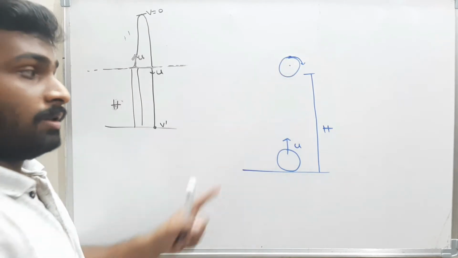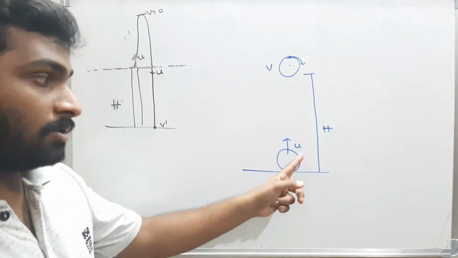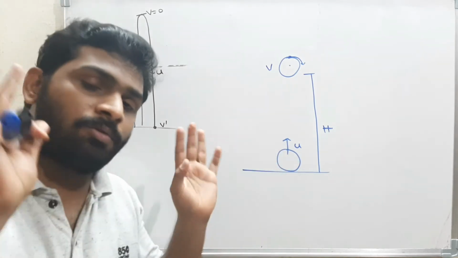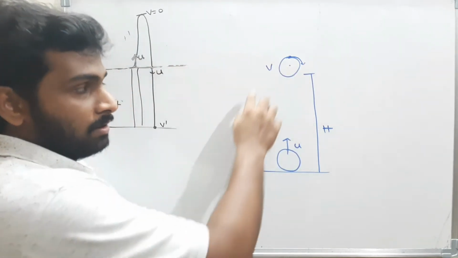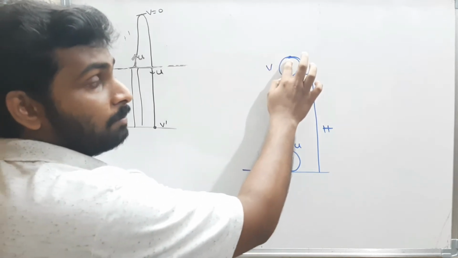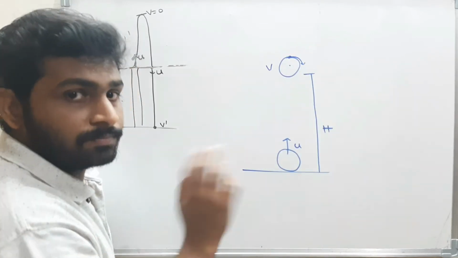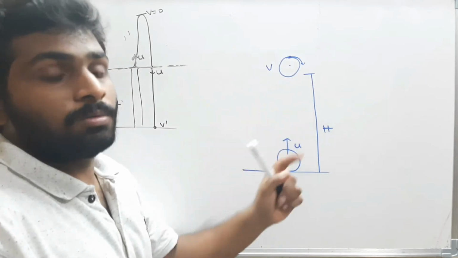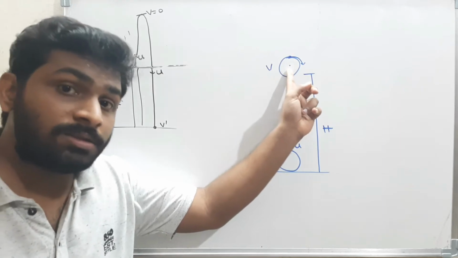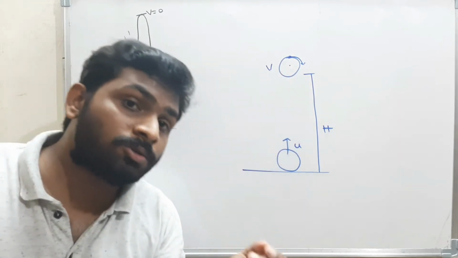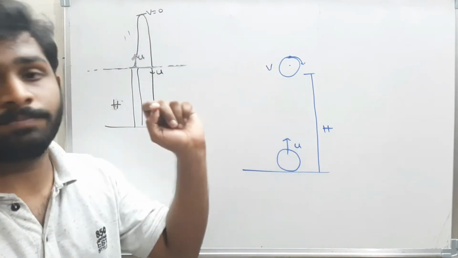At this point, the velocity of the balloon is v. See here, initially the velocity of the balloon is u and there is some acceleration. We don't know the acceleration. Therefore, at this point the velocity is some v. Now at that point, at the height h, the stone which is on the balloon just starts to fall down. Now, how can I solve this problem? Observe carefully. At this instant, what is the velocity of the balloon? At this instant, the velocity of the balloon is v, and where is the stone? The stone is on the balloon. That means the velocity of the stone is also v.